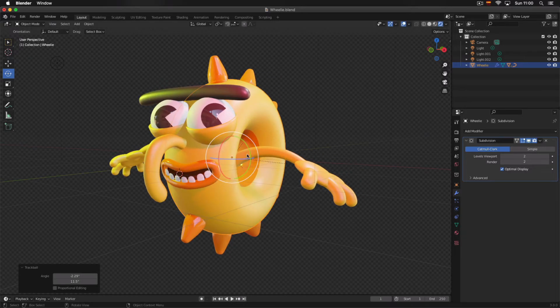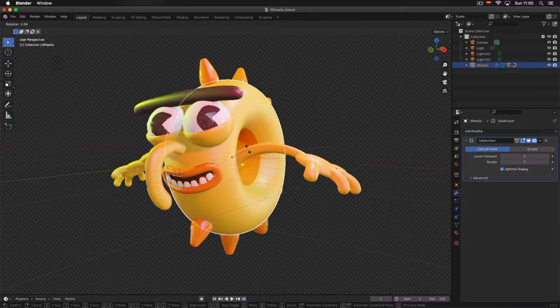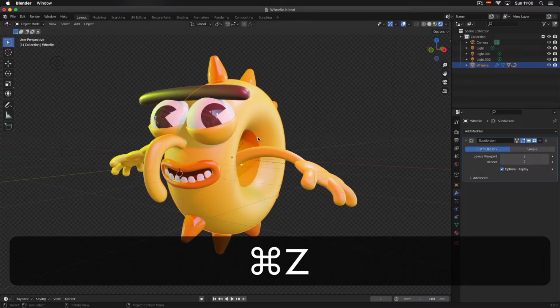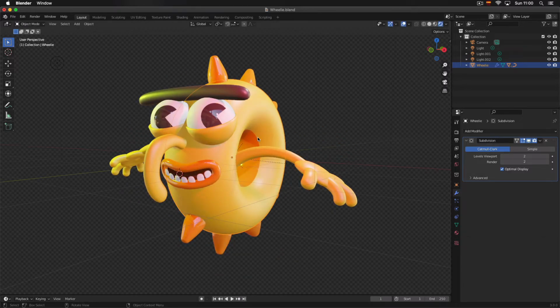Okay, besides using this gizmo, we can not use the gizmo and then press our R key and rotate. Okay, so the trick with rotating is that you will rotate depending on the view. So if you are not using the gizmo and if you want the object to say like yes, you press